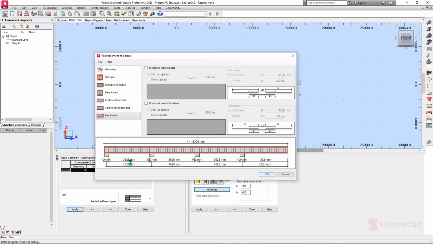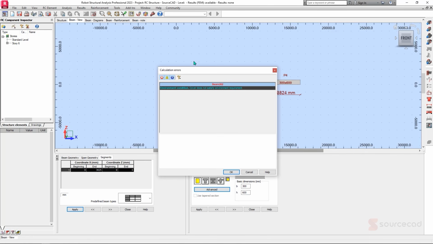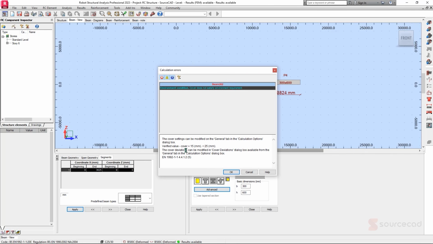So down here we have a schematic of how our beam looks. So this is the total length that we have, 16.3 meters. And the different segments that we have here, as well as the common column size that is shown over here. So it's currently running and checking if the reinforcement is suitable for this specific beam. So it has already finished running. It is checking that the environmental cover was given as 15, which is less than 25. So this is not an issue. We can just edit